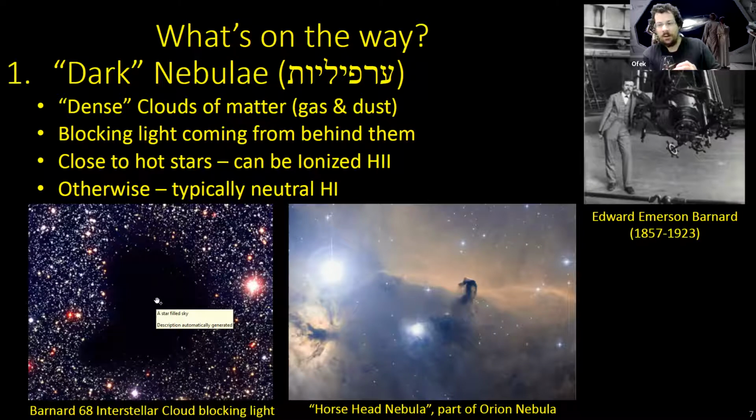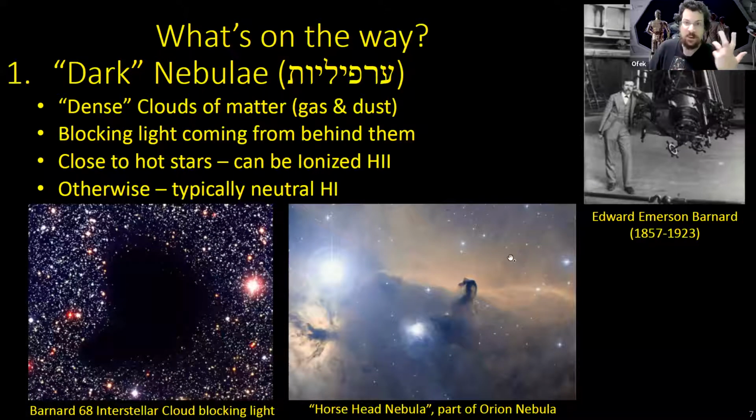Okay. On the right here, we see another famous nebula, part of the Orion Nebula in the constellation of Orion. This feature is called the Horsehead Nebula because it resembles the head of a horse. And many, many famous pictures today in astronomy are indeed pictures of these nebulae because they're very pretty to see against the sky. And as we will see, they also have a very dramatic effect on coloring.